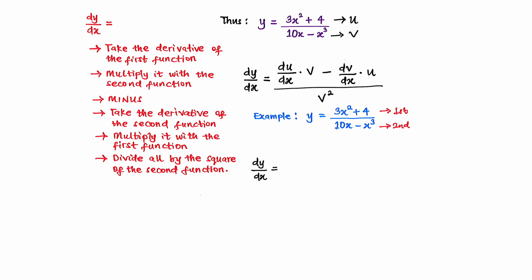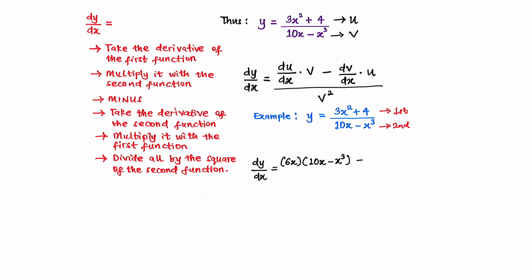The quotient rule states, take the derivative of the first function. The first function is 3x squared plus 4. So derivative of 3x squared plus 4 is 6x. Multiply it with the second function, which is 10x minus x cubed,